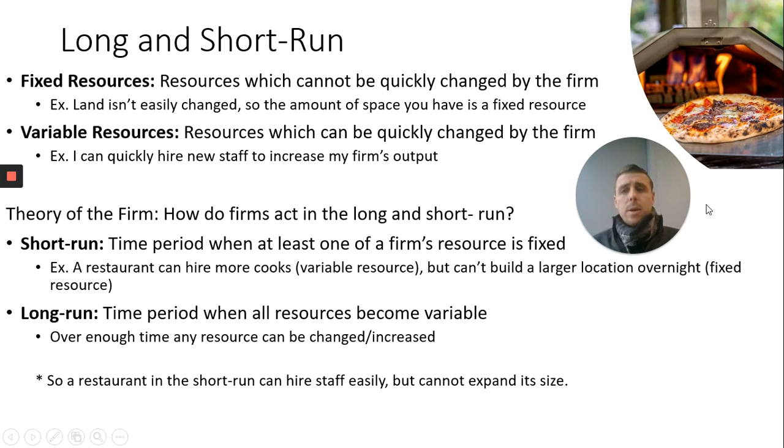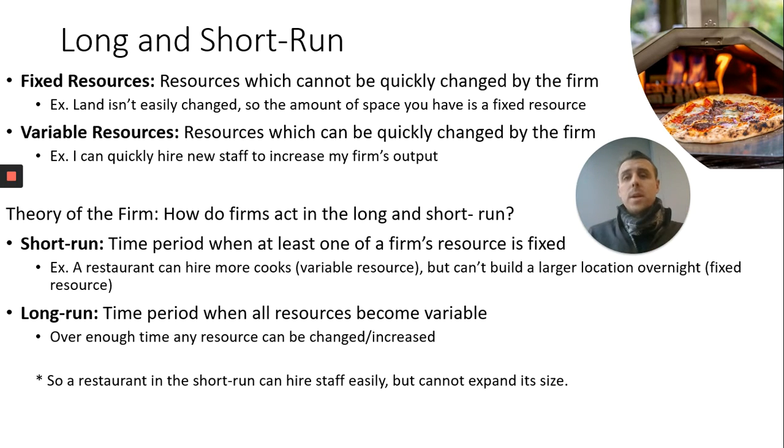You're going to need to make sure you get all these. We are making the distinction now between types of resources. So we have our 4 factors of production: land, labor, capital, and entrepreneurship. We are now making a distinction between fixed and variable resources. A fixed resource is something that cannot easily be adjusted in the short run. In the short term, and there are no time limits for the long and short run, it's mostly based on